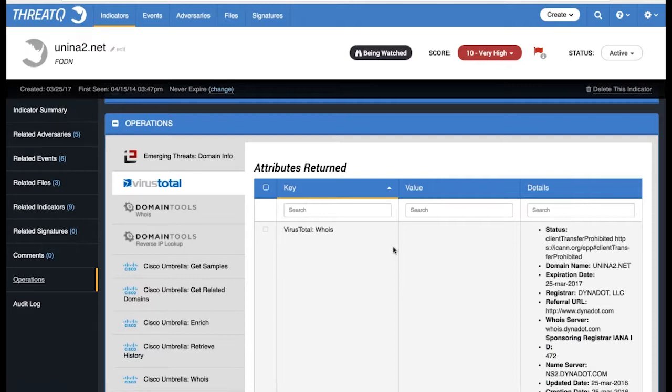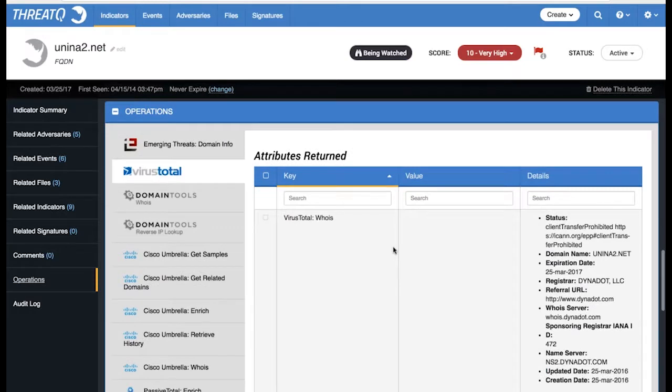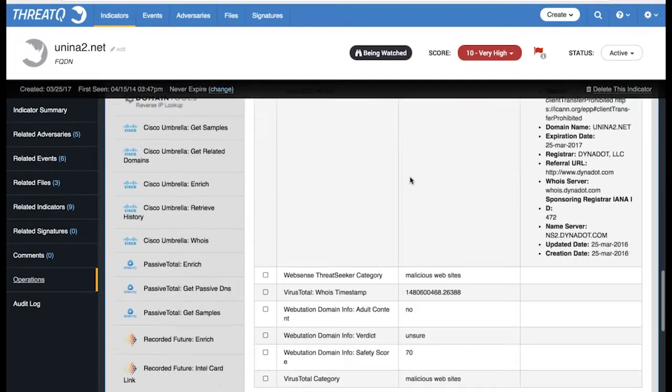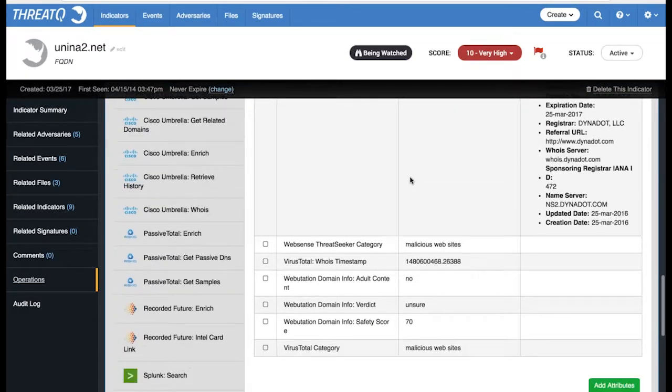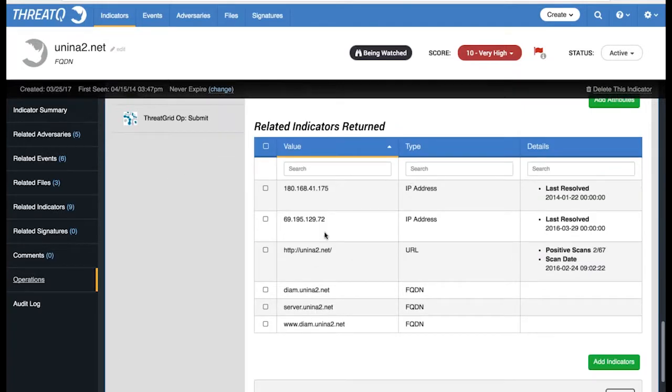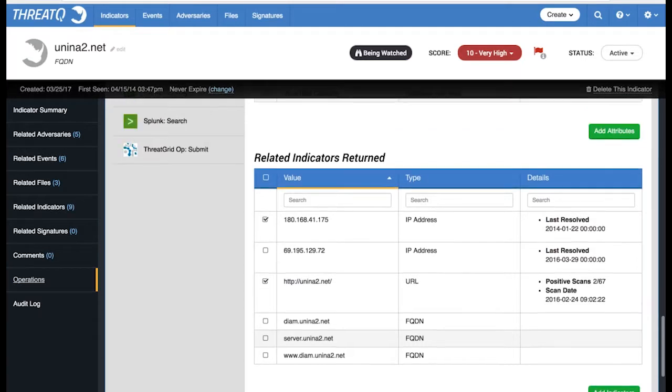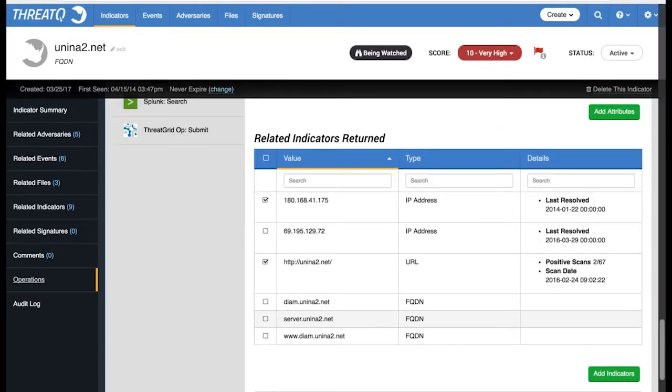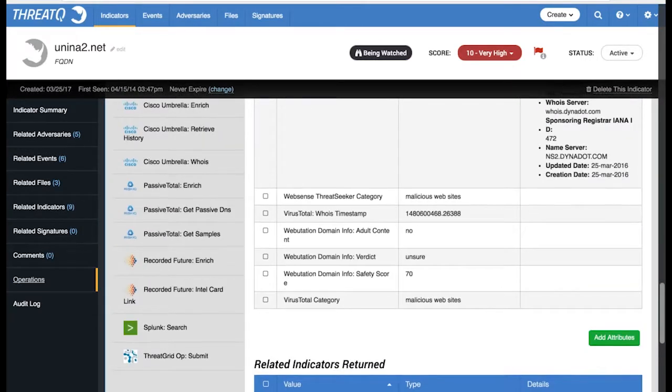It will then provide me back some information, which I can then read, and if I'd like to, I can then add that information into the platform. And I do that by simply selecting the various fields that I'd like to add, and clicking Add Indicators or Add Attributes as needed. Now, going back to the Splunk example from earlier, we can also do things like we